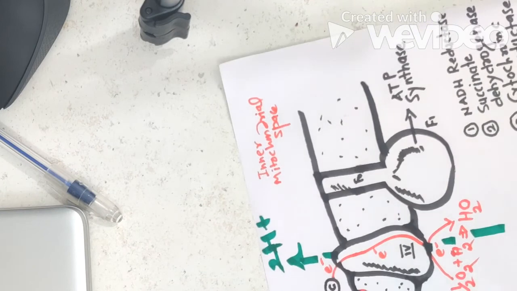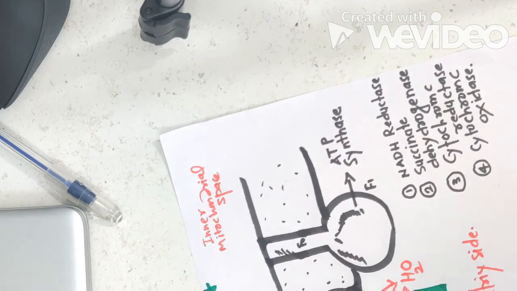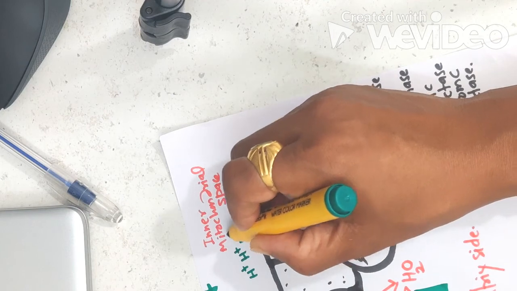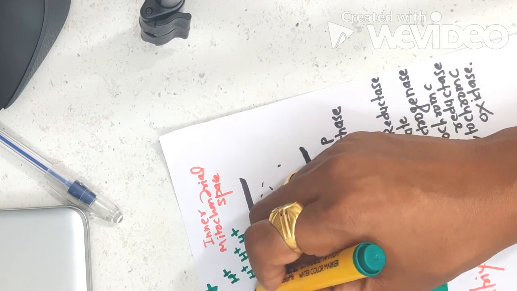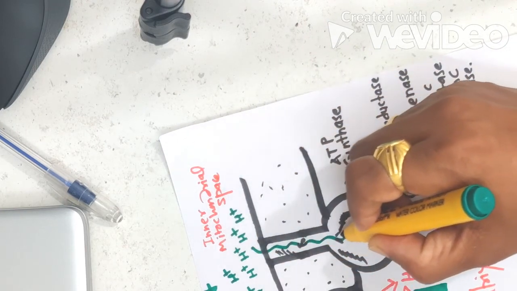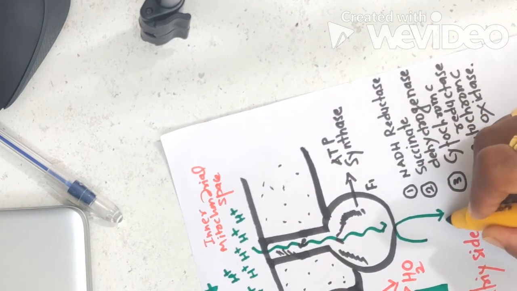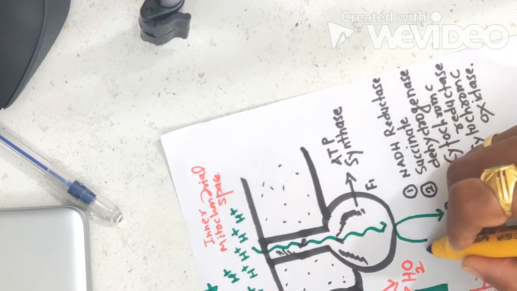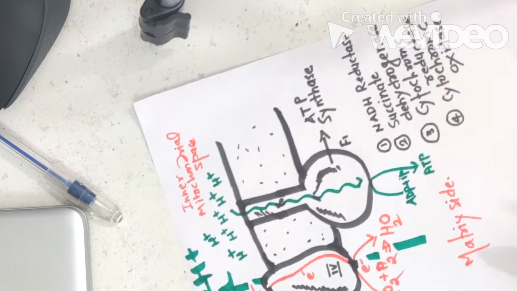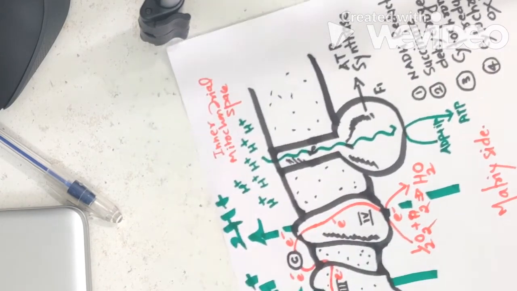The inner mitochondrial membrane is initially impermeable to charged ions. It is not permeable to protons. So the only way left for protons to exit from the inner mitochondrial space and enter the matrix is the ATP synthase complex. When 4 protons come from the inner mitochondrial space to the matrix of mitochondria, there is synthesis of 1 ATP from adenosine diphosphate and inorganic phosphate. In this way, oxidative phosphorylation is carried out.